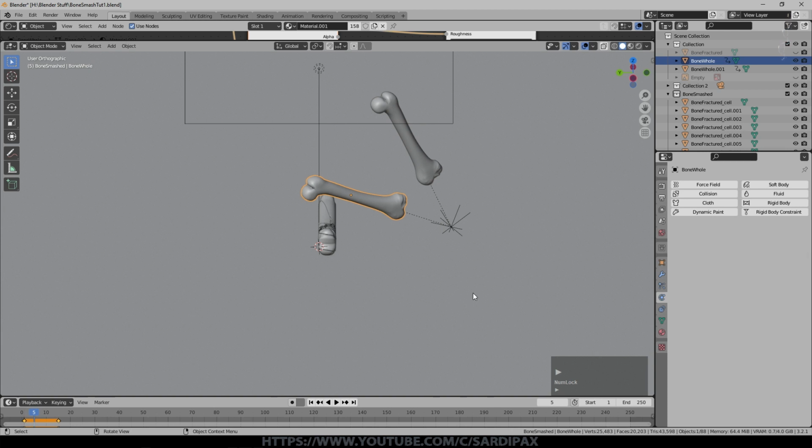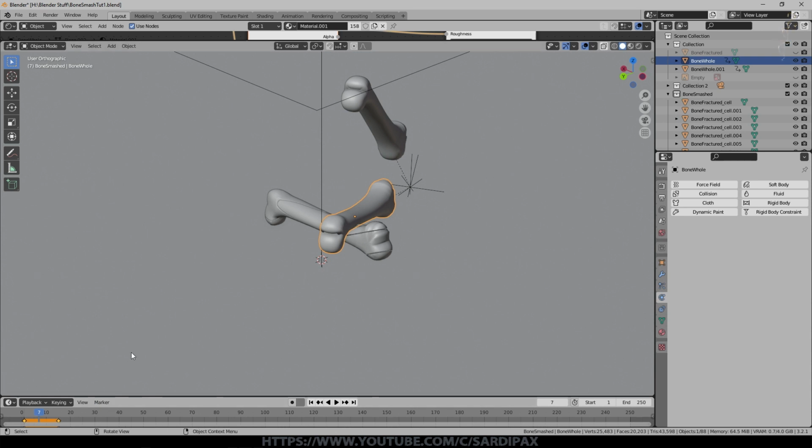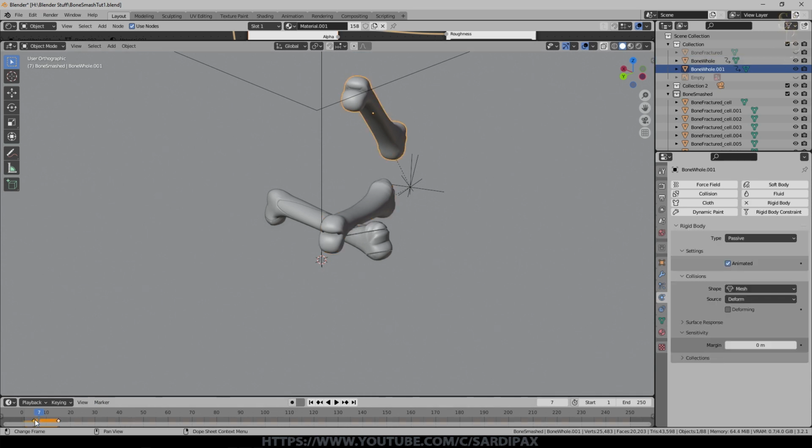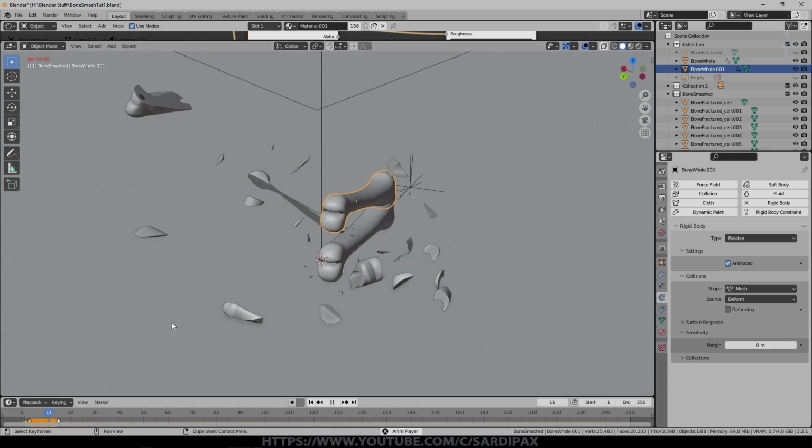So you can see it's coming down, no reaction of the shattered parts yet. And obviously that's got there too soon, but this is a bodge. So if I select that part again, I need to bring that back slightly further. You may or may not need to do this depending on what you're trying to achieve. And you can see because the end frame is the same, they do catch up with each other.